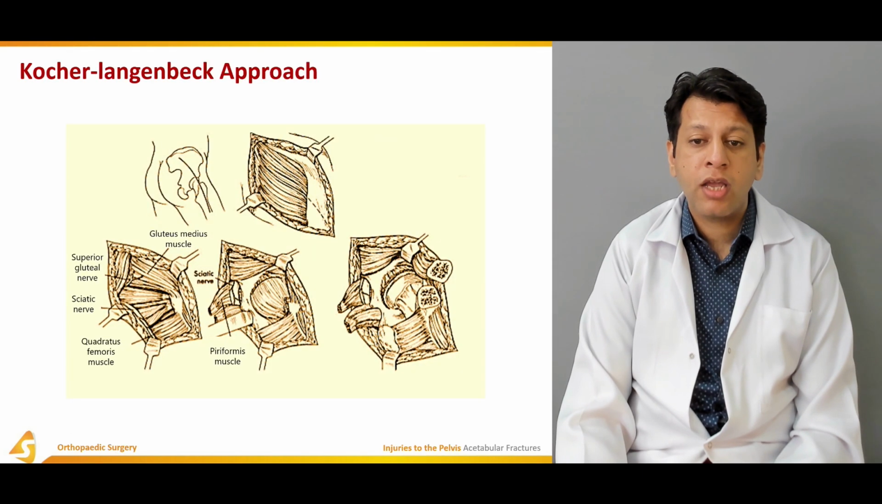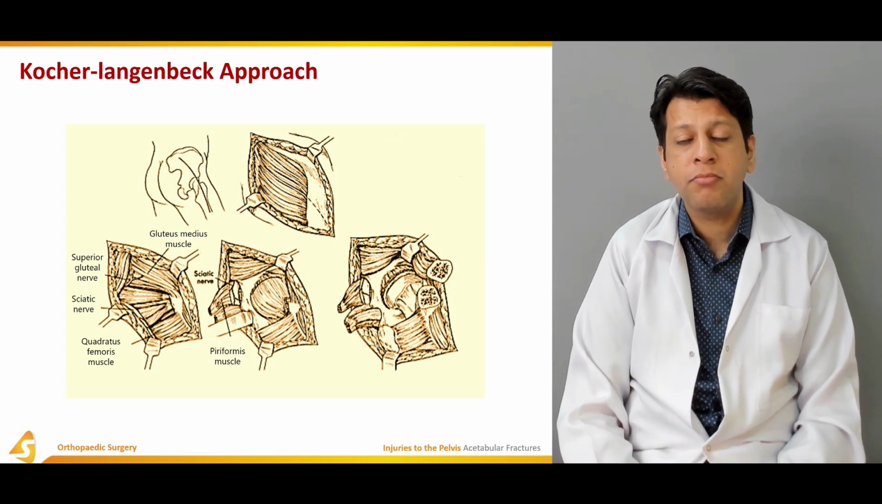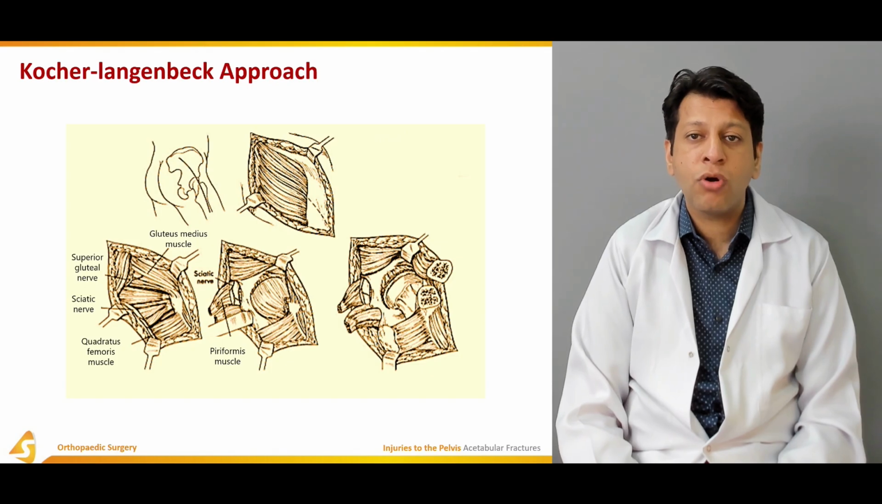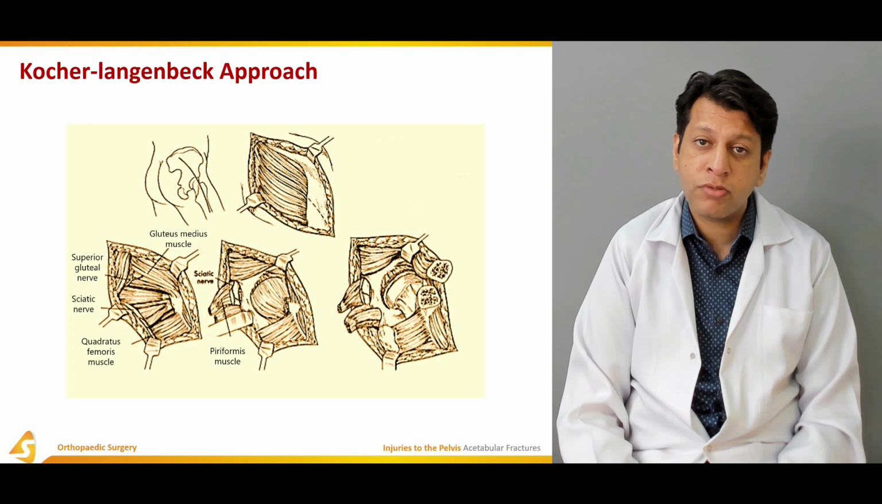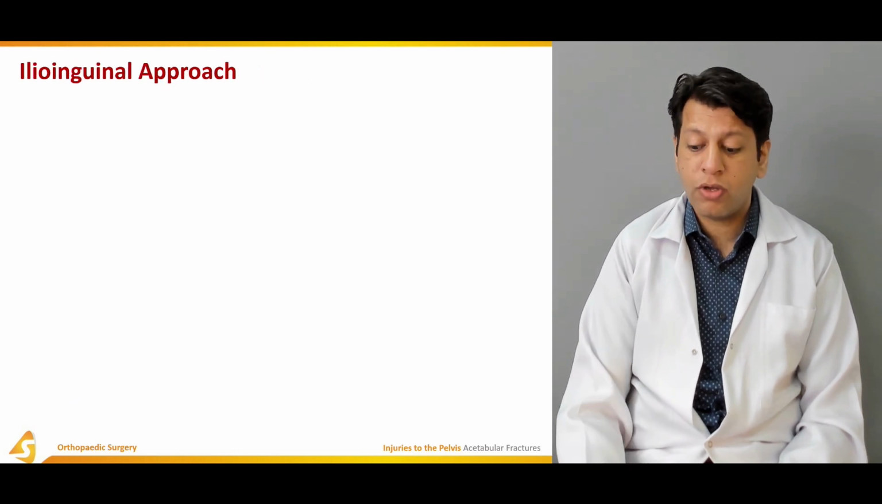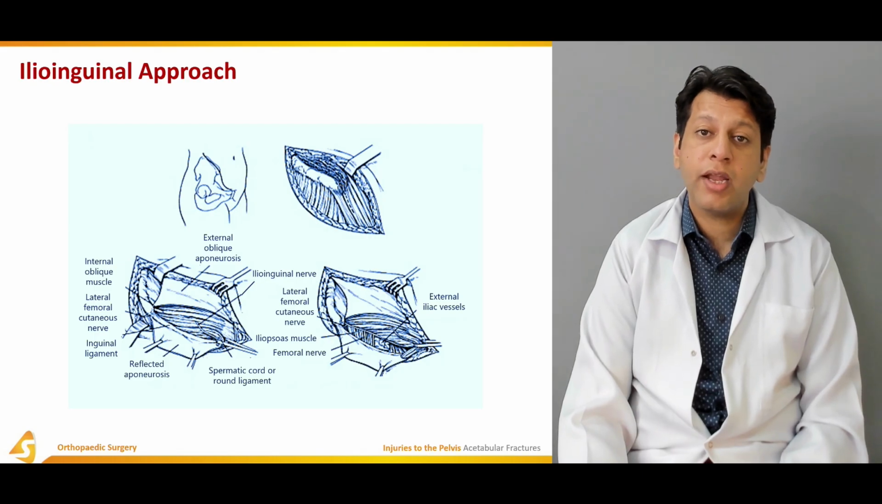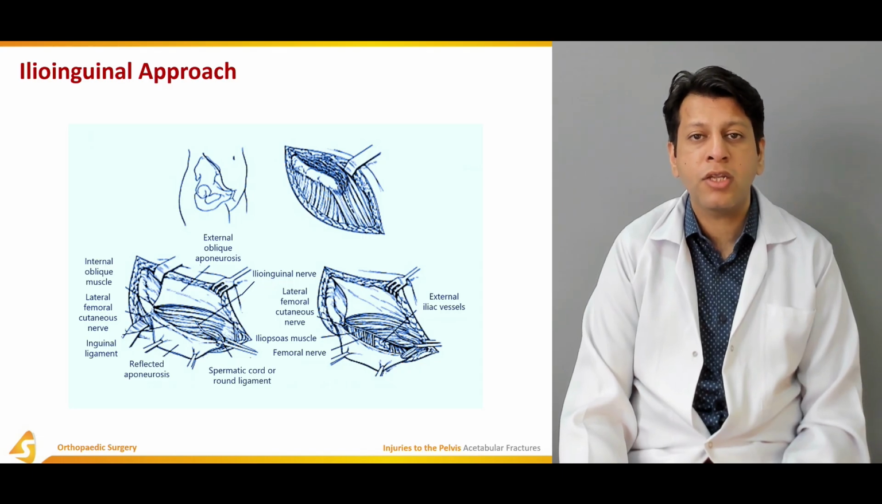Coming to the Kocher-Langenbeck approach, it is a posterior approach to the acetabulum, and fractures of the posterior wall, posterior column or posterior hemitransverse fracture can be treated by the Kocher-Langenbeck approach. Then comes the ilioinguinal approach. This is a more anterior approach to the acetabulum. Anterior column and anterior wall fractures are usually treated with the ilioinguinal approach, and plating and screws can be done